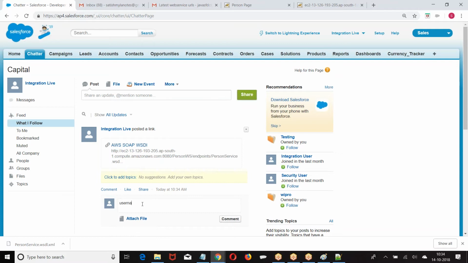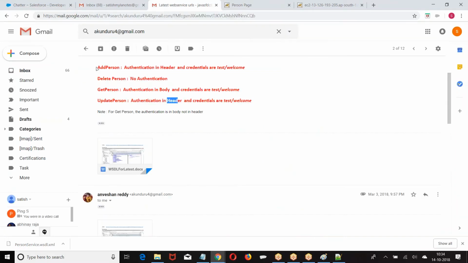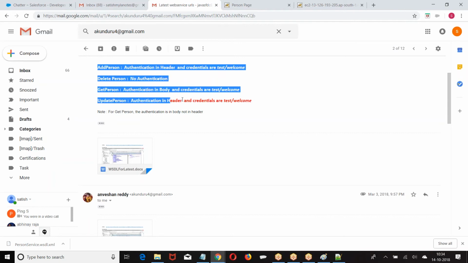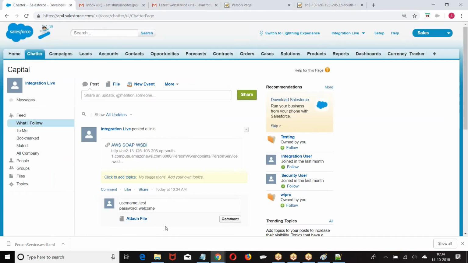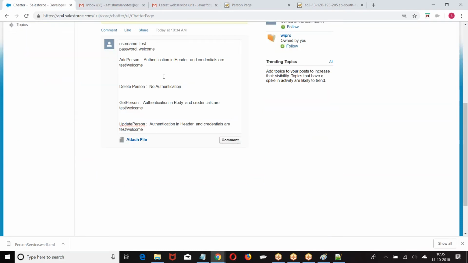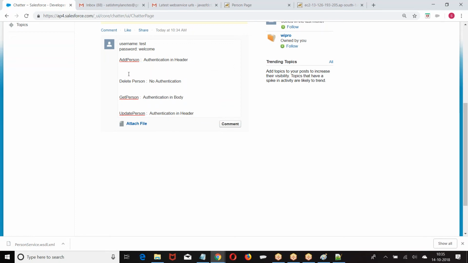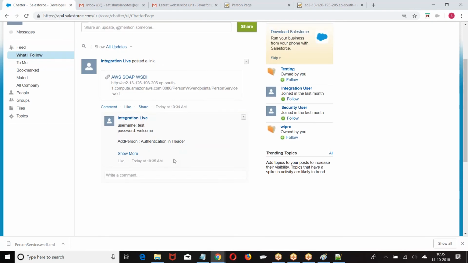We can use that file, and the authentications that we are using. Fine. You can go to the link and access the link. You can download the WSDL file and consume it.